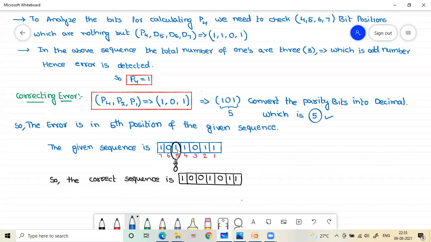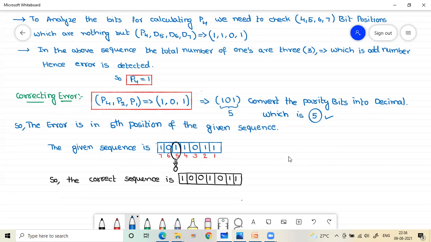In the given problem there is only one chance: replace that 1 with 0 to correct the error. It is a binary value, so there are only two possibilities, either 0 or 1. That is the reason the finally correct sequence is 1 0 0 1 0 1 1. So finally in the given sequence, the error is in the fifth position.